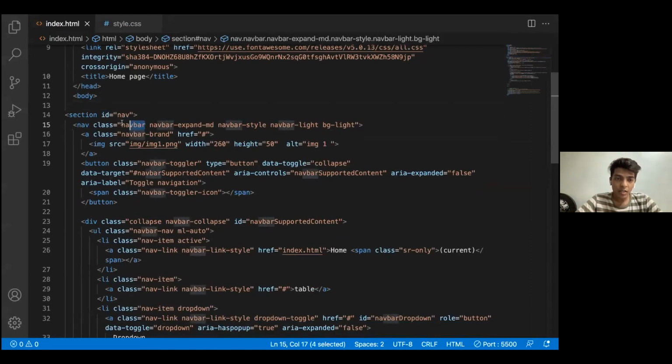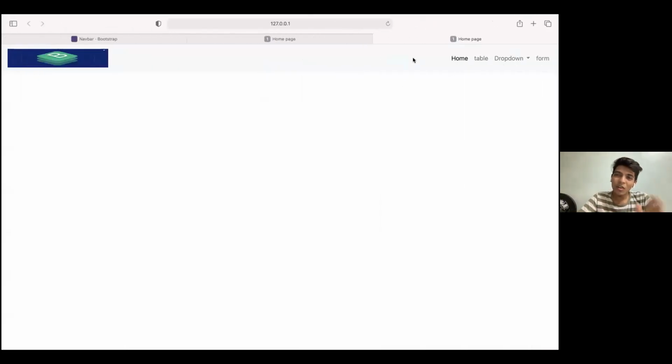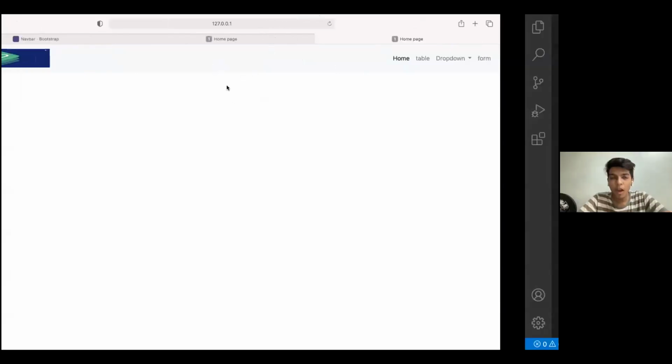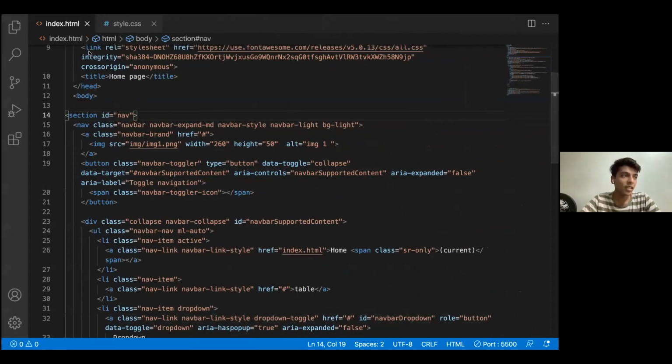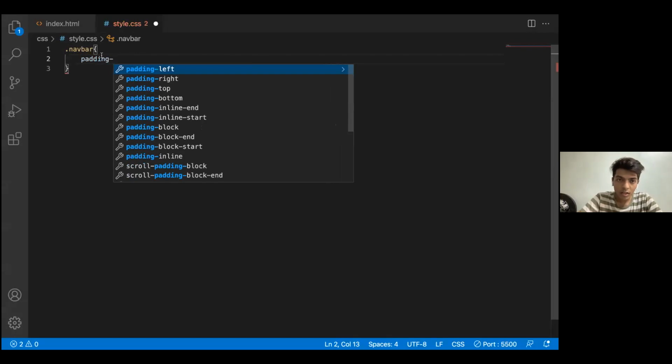The first part that I want to style is my navbar. As you can see, the links are very much close to each other, and it is on a completely left-hand side. So firstly, I want to provide it with some padding and margin. So what I'll do is that I'll go to my CSS, first call in the class that I've given. That class is navbar. So for class, we use dot and then navbar. Then I'll be placing in some curly brackets, and then I'll be passing properties. The properties that I want to use would be padding left, padding right, and some top padding. So padding dash left,